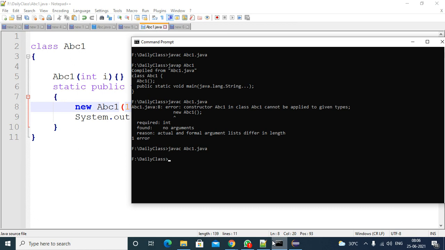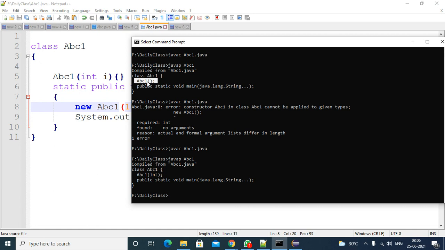Compiled, no errors. Now observe, javap ABC1. What I'm trying to see is what is inside the bytecode class outline. See, observe here. In the earlier case, a default constructor without parameters was added. Who generated this?